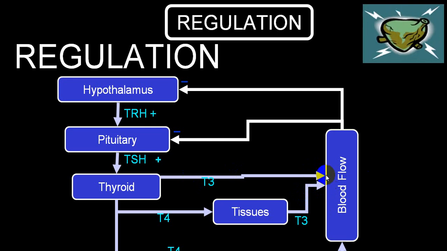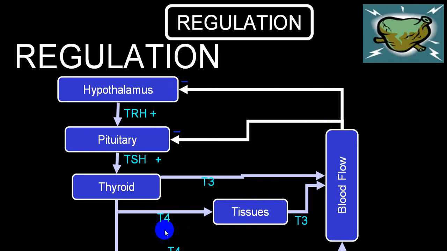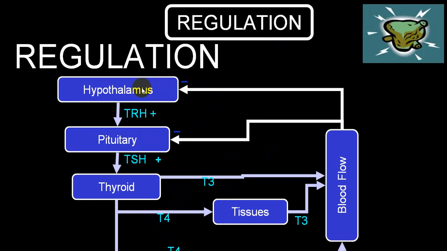So finally, we have already done the metabolism. Depending upon the level of T3 and T4, it will either inhibit at the level of the pituitary, we call short loop, or it will inhibit at the level of the hypothalamus, we call long loop. So if the level of T3 and T4 becomes high, it will inhibit TSH as well as TRH, and this is called negative feedback mechanism.